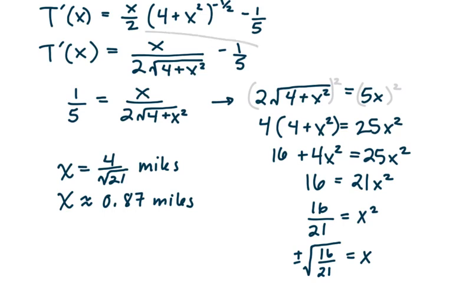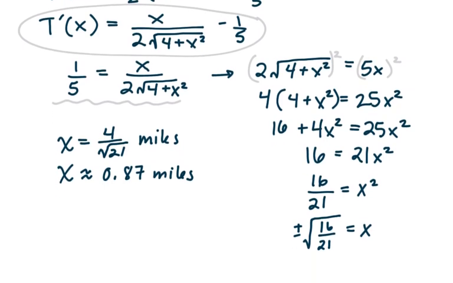So this was my derivative. And what we wanted to do was take that derivative and let it be equal to 0. So I set it equal to 0, and then I took that negative 1/5 and moved it to the right, which gave me this proportion, and then I solved by cross multiplying. All right, so I'm going to go to the next page so we can talk about this in a cleaner